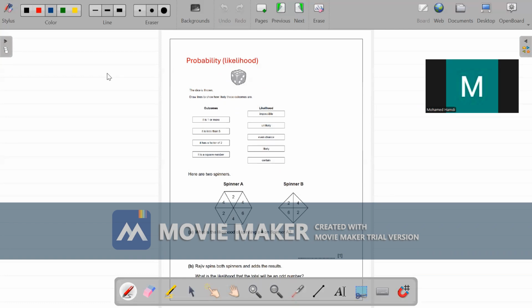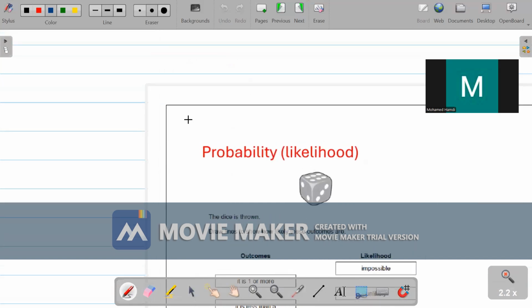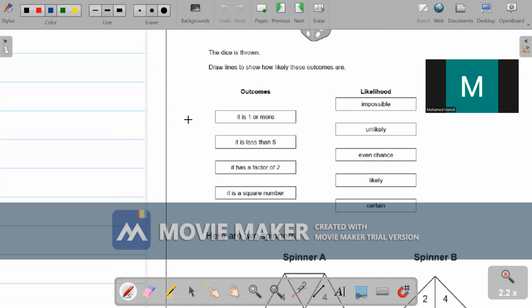Hello, my students. In this video, we will revise very quickly the topic of probability or likelihood. First, we need to remember the definition of the event. The event is something that may happen in the future. You can measure the probability of an event